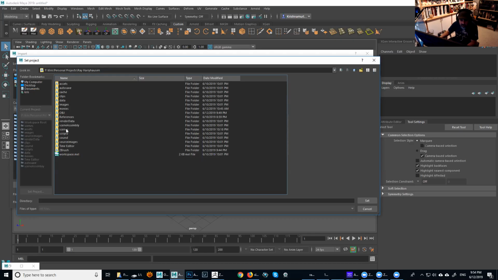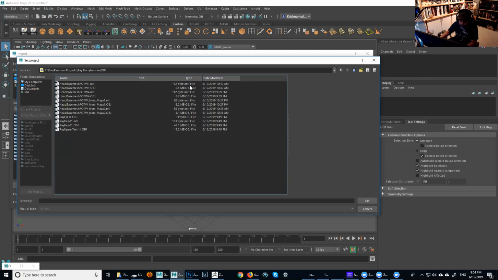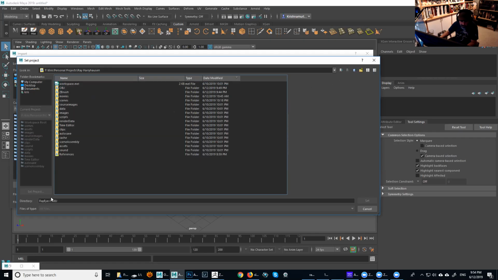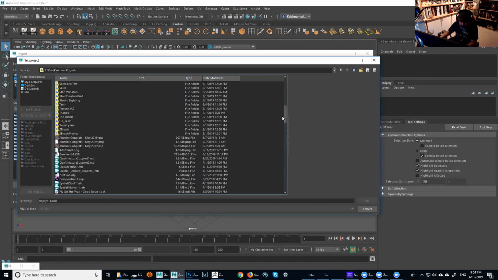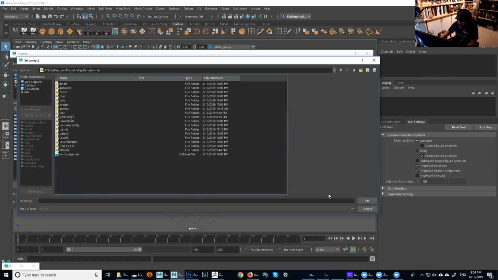So let's go to OBJ, and by date. Let's get the eyes first. Oh, actually, I'm setting the project first. If you're setting the project, all you have to do is click the folder name. So let's go back to Ray right here, and then just say set.